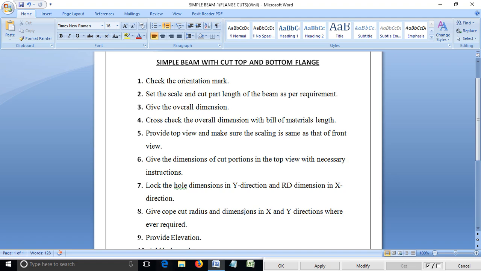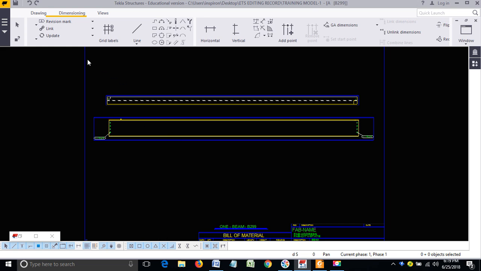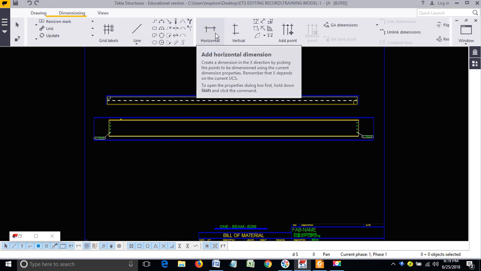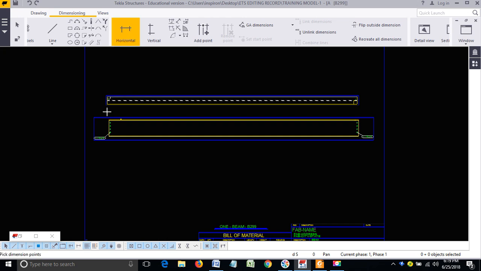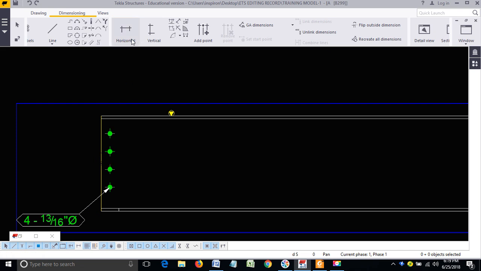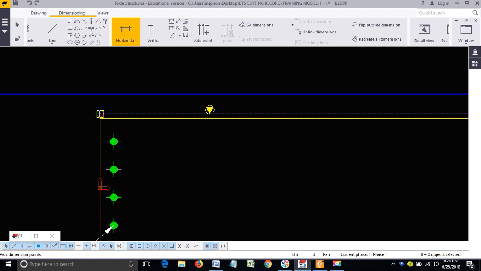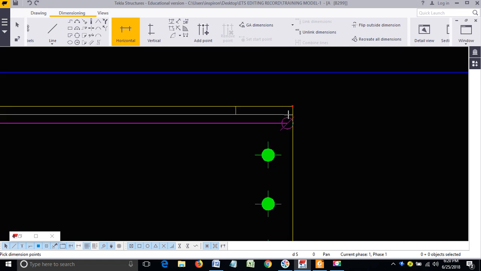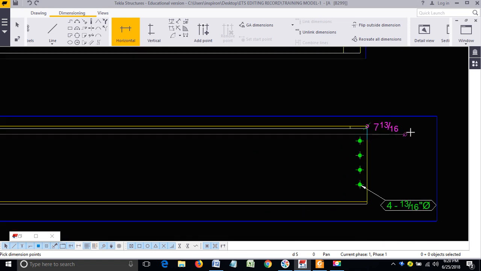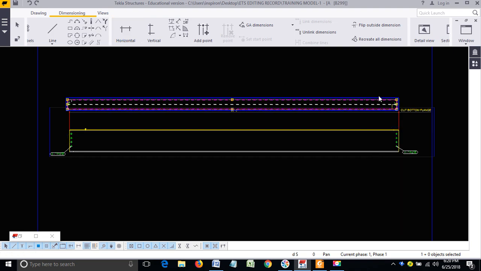So we'll go to our editing, and start editing to give dimensions. Everybody knows, first give the overall dimension. After giving the dimension, cross check. First take the horizontal dimension and zoom in as much as possible. Pick the first point, zoom out and zoom in, pick the second point and zoom out again. Then one more dimension will come, right? So you can keep this much. Yeah, this much you can keep. Okay,